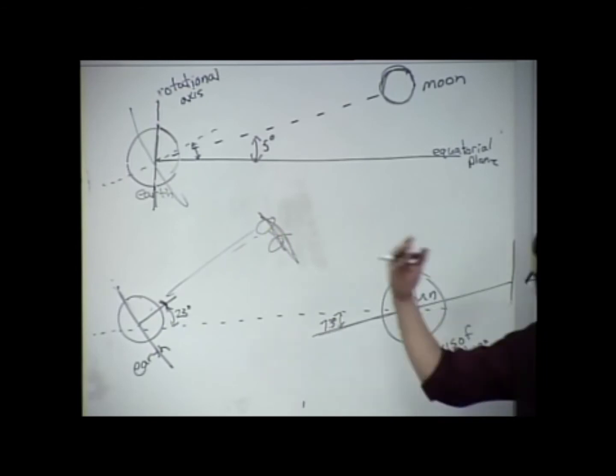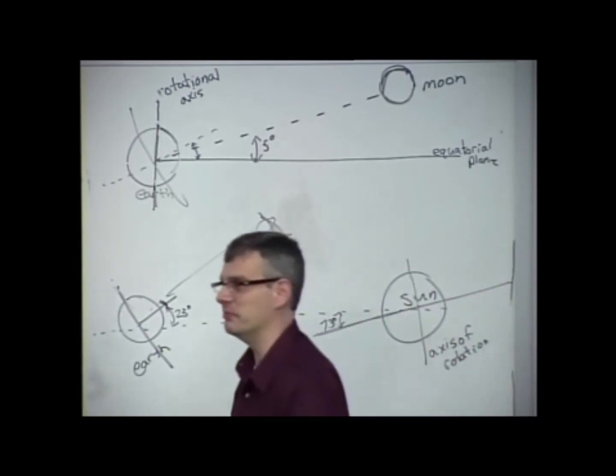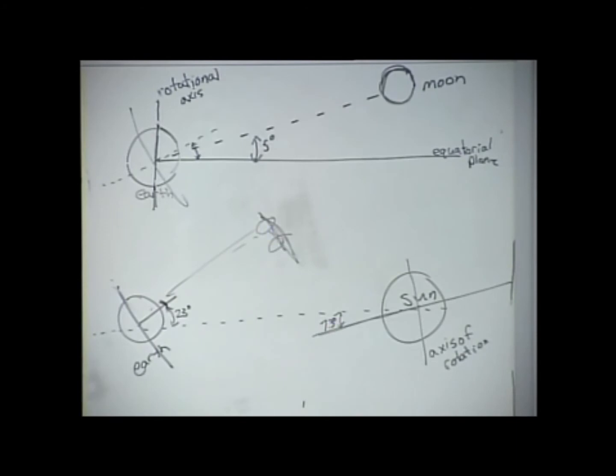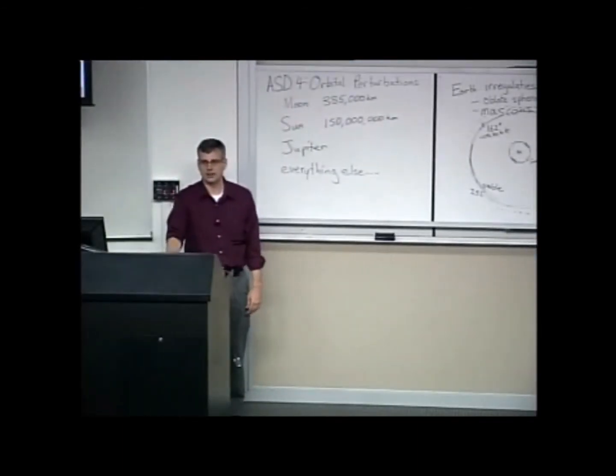But only when things line up perfectly do you get things like lunar eclipses and solar eclipses, which is why they don't happen very often, not every month, every period of the moon. So these are the basic irregularities that affect our orbits or influence our orbital designs around the Earth.